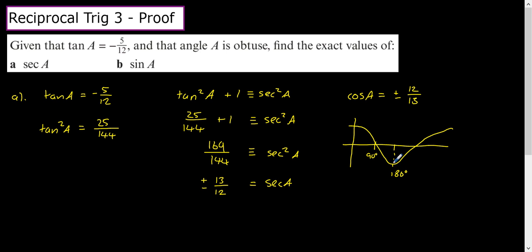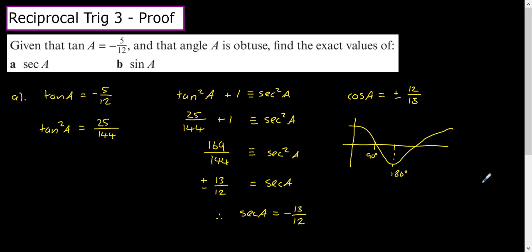Now look at the graph. For the whole of that limit from 90 to 180, the cos graph is below the axis. And if it's below the axis, it means that any of the y values that you get from it are negative. So that means, using that kind of knowledge and intuition, that sec A is going to be our negative